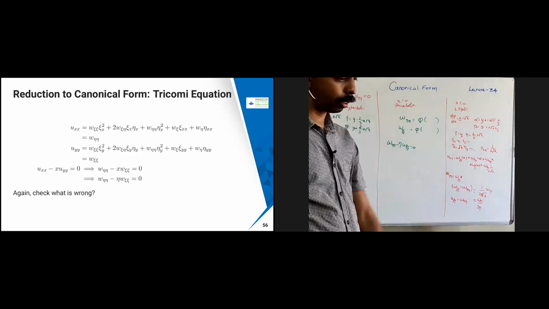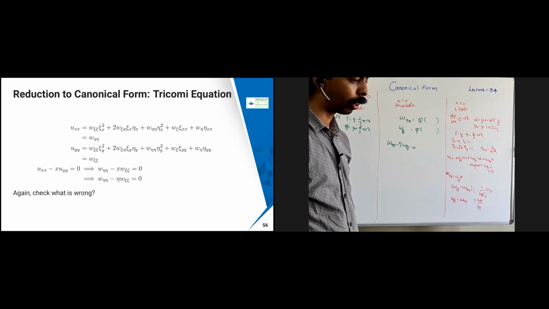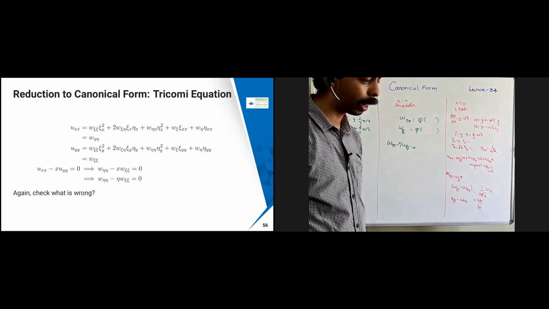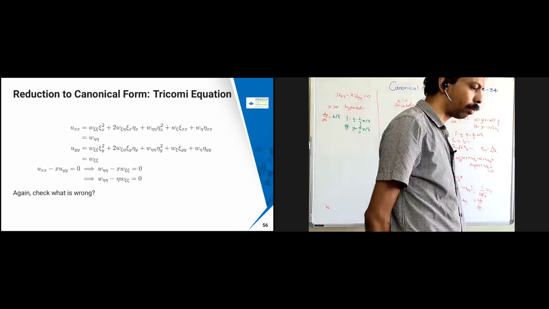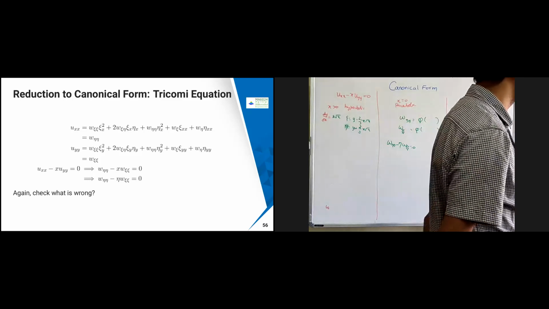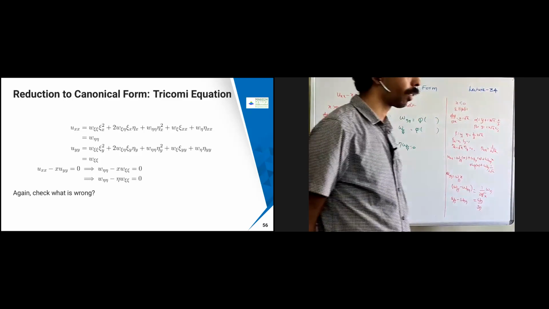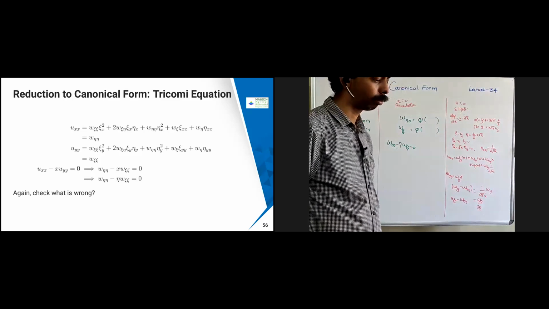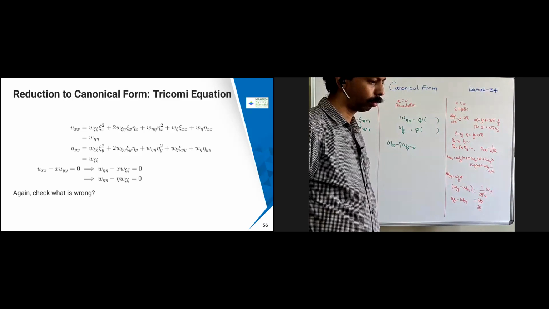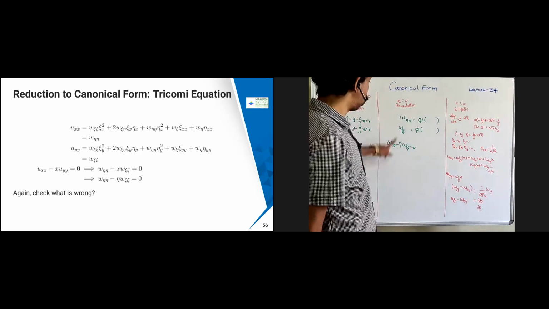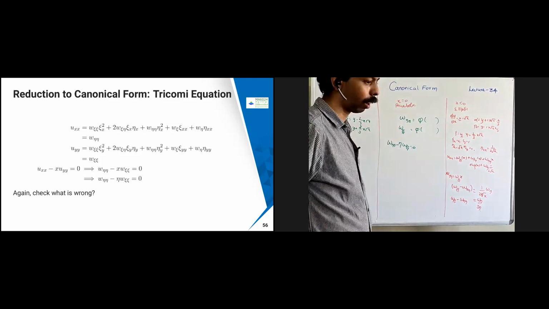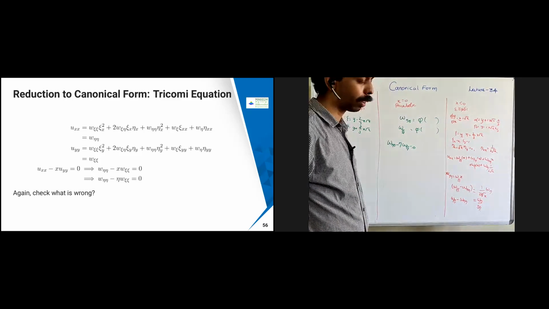There is no computation mistake on my side. I didn't make any computation mistake. So this is going to be w_chi eta minus eta into w_chi. But there is one small thing you need to justify. Either this should survive or this should survive. Not both will survive in parabolic cases, whatever assumptions we made, because of our assumptions A, B, C.